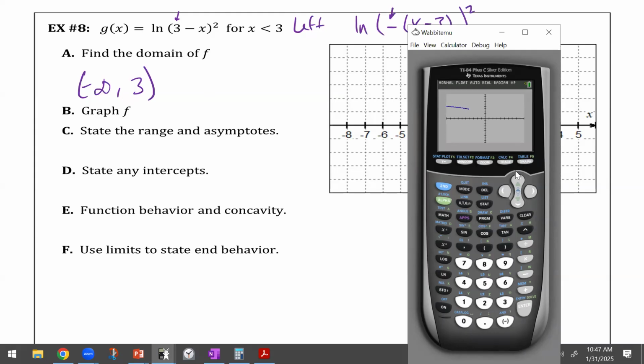Okay, so it's coming in slow and not hot. And then it did what? That square made it duplicate itself. Okay, however, are we paying attention to the right side? No, because what did it tell us to do? X is less than 3. So we're only paying attention to the left. That's the only piece that we would graph. Does that make sense? I'm actually going to graph this one, but I want you to see what the square